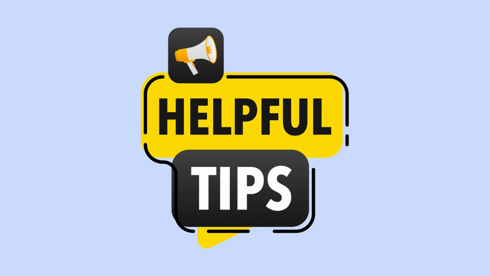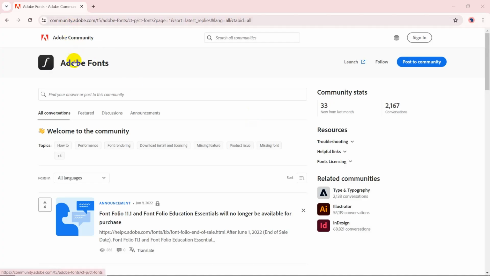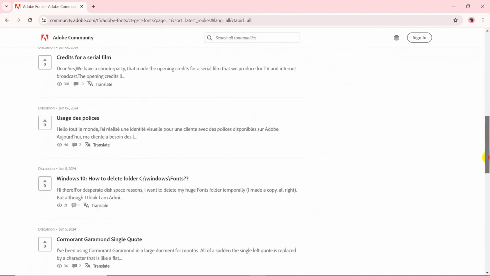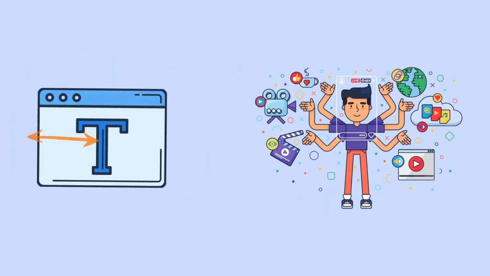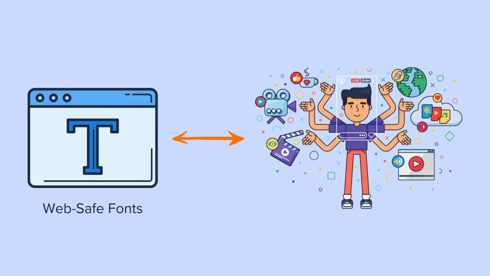That's all you need to do, but here are some additional helpful tips to follow. You can explore font forums such as Adobe Community for inspiration on choosing and using the right fonts for your websites. Web-safe fonts like Arial, Georgia, and Verdana are widely supported across platforms, making them top choices for web designers